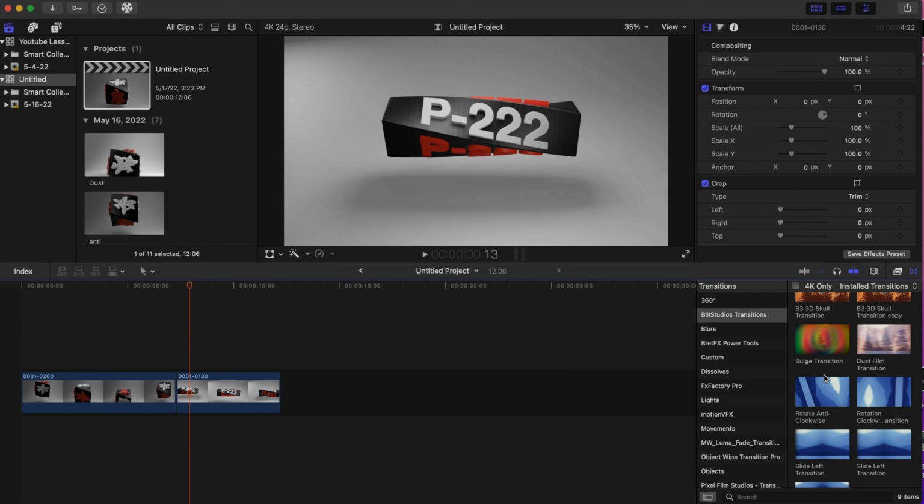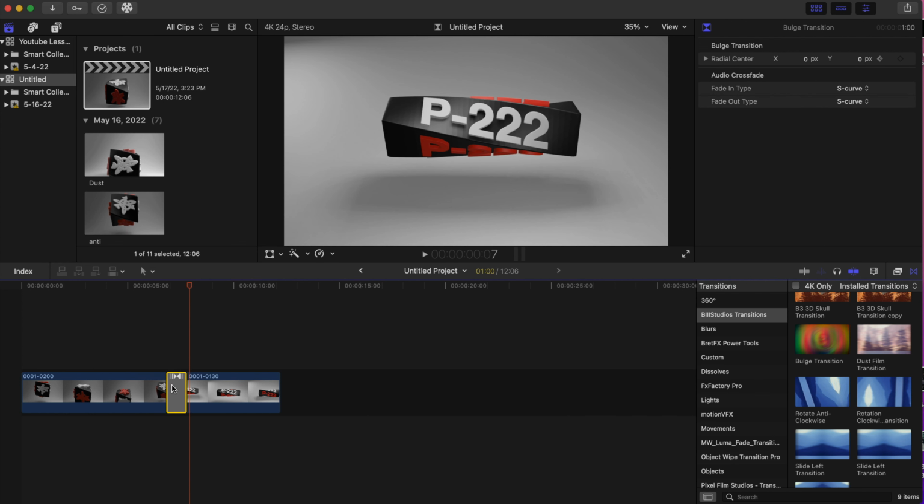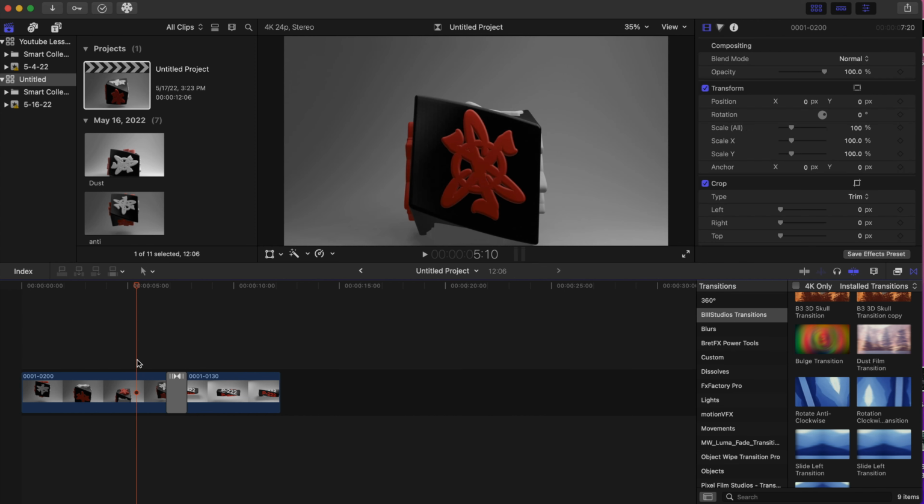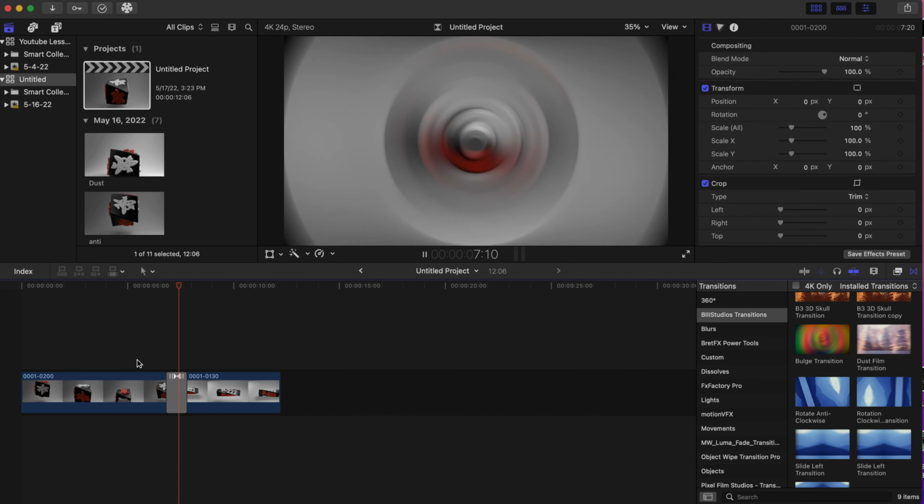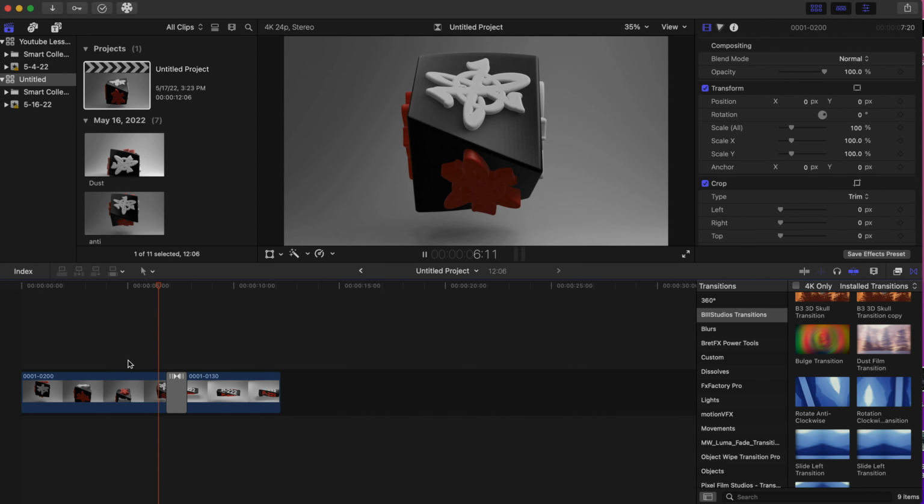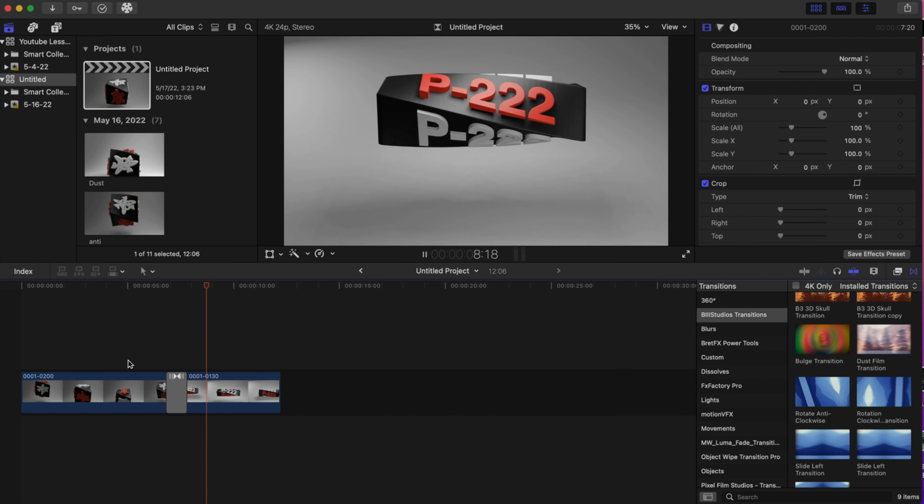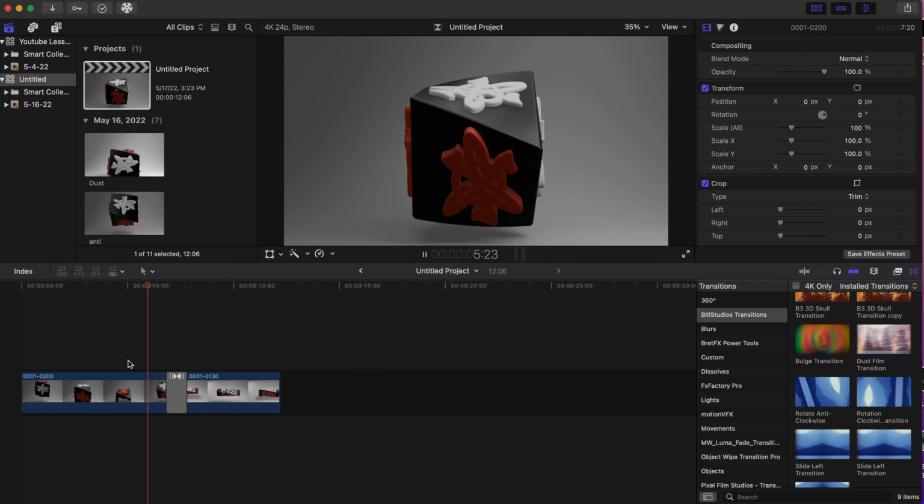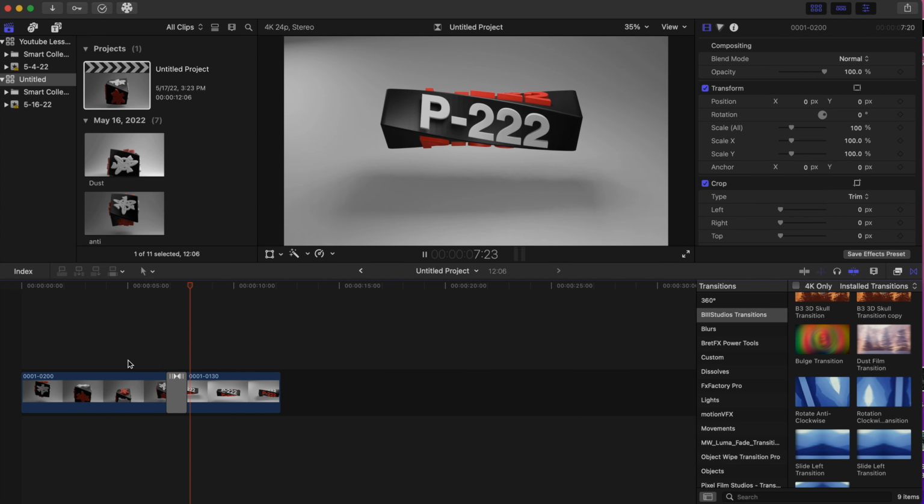Here's the bulge transition. I really like this one. This is one of my favorites. That's a nice one right there. It has a type of distortion look to it that I just love. That's nice right there. All right, our next one